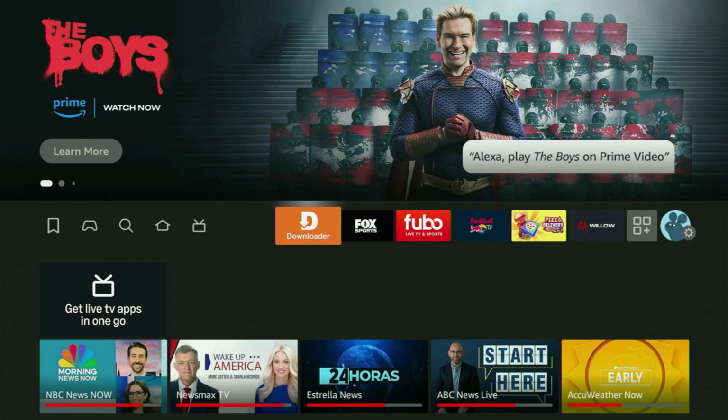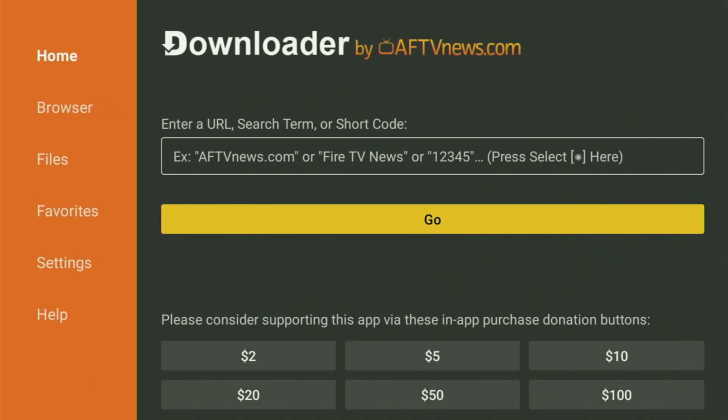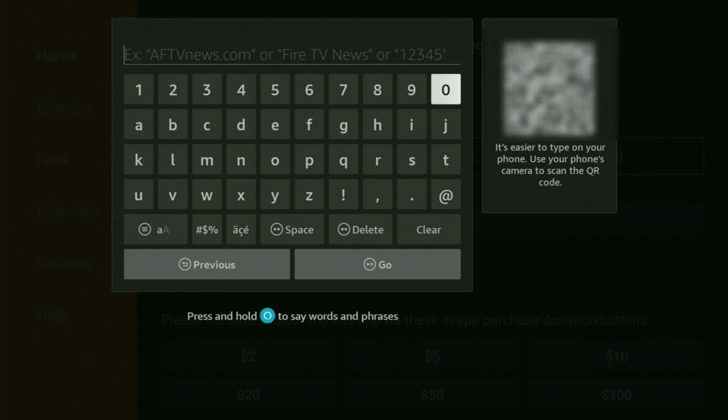So we get back to the list of apps on your device, locate Downloader, and finally open it up. And then in the home page of Downloader, you'll see this big search bar. We'll open it and start using this keyboard to enter the codes, which will allow us to download all those amazing spicy apps to your Fire Stick. The first code will be